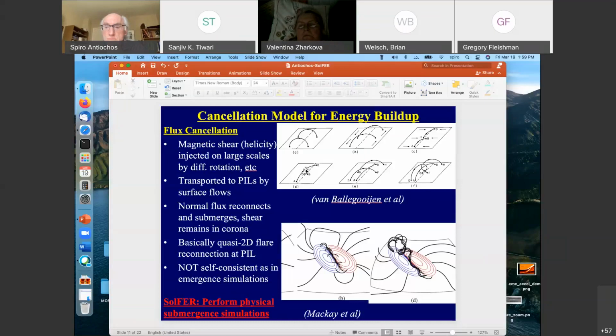Hi, nice talk, Spiro. So my question is kind of in line with the previous one. How do we use observation to distinguish the cancellation model and the helicity condensation? Because both of them seem to be building up a shear in the filaments. Okay, so the cancellation model builds up a twisted flux, or builds up the twist. So the way to distinguish between the two is to ask the question,